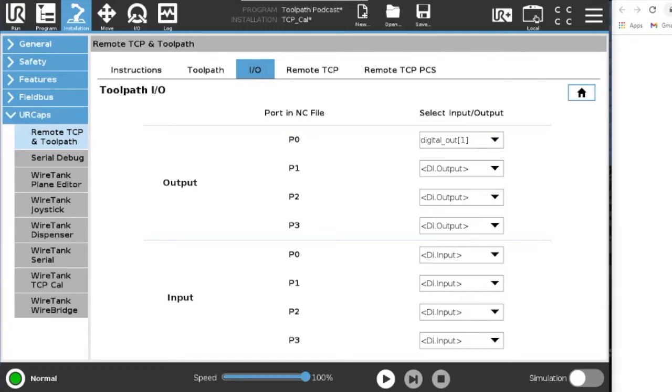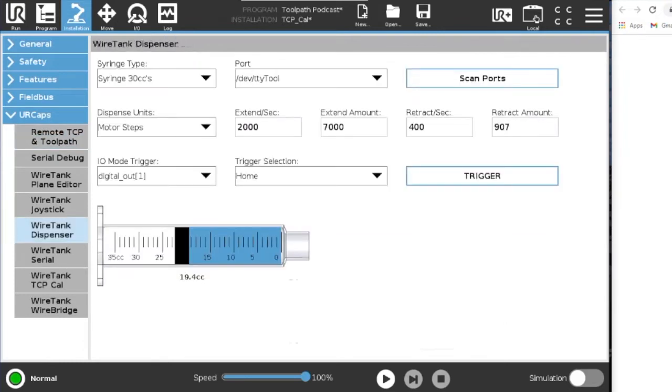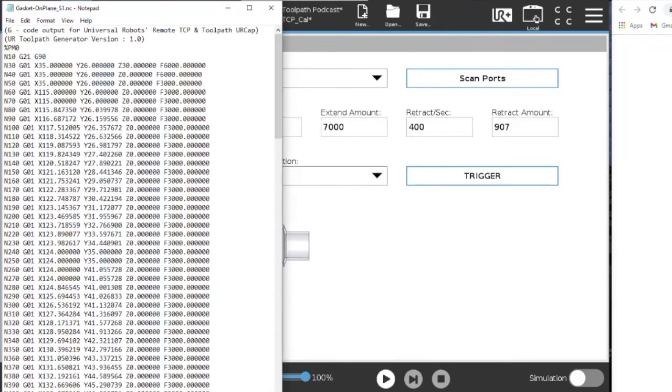And we have gone into our dispenser here and said that our IO mode will trigger on digital out 1. So essentially what that does is that if we go here, so to a typical